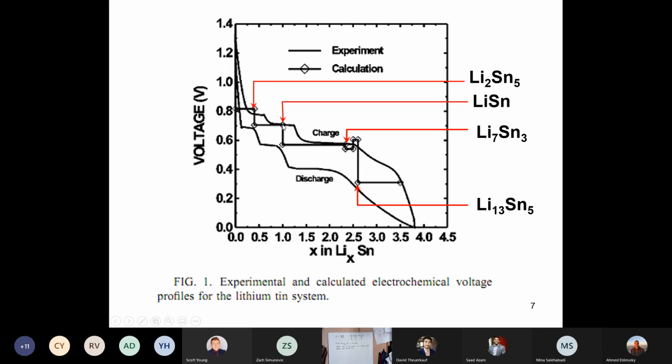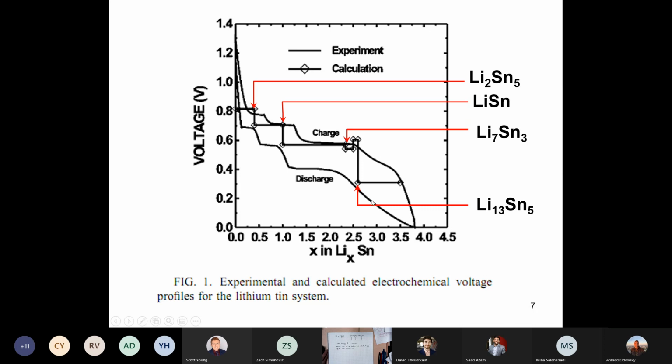And then you have another plateau from lithium 2 tin 5 to lithium tin. Again, it's within 50 millivolts of the average between charge and discharge. And then you have another plateau, which again is close to the average between charge and discharge. And then things go awry because the room temperature lithium tin voltage curve does not follow the high temperature phase